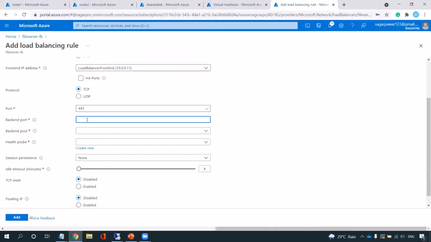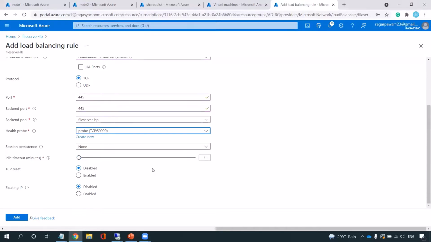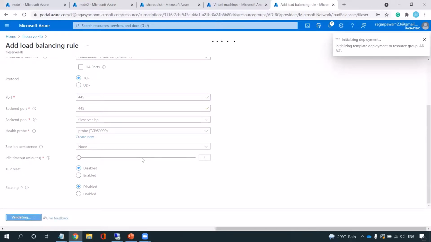The backend port is again 445. So traffic will come on 445 on the front-end IP, and the IP will send the traffic to the backend port, which is 445, and the backend pool which is already set up, and the health probe. The remaining things I will keep as they are. Let me click on add. Now my LB is ready. This LB will serve as a file server for other client machines. Let it complete, and then I will go to the next step.